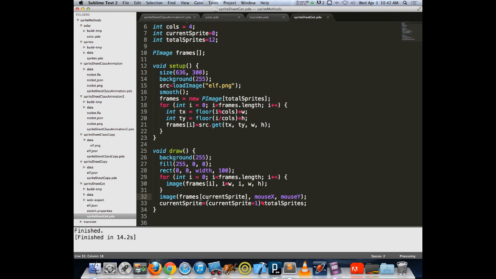The algorithm for animating a sprite off of a sprite sheet is current sprite equals current sprite plus 1, modulus the total number of sprites, or total number of frames if you want to think of it in that term. That concept is something that